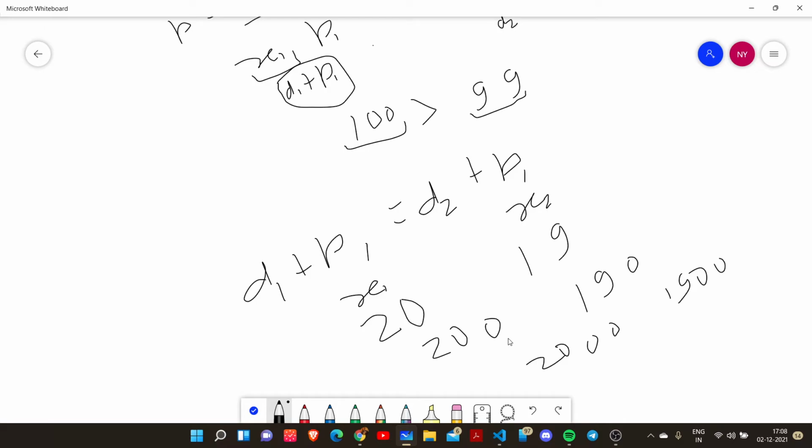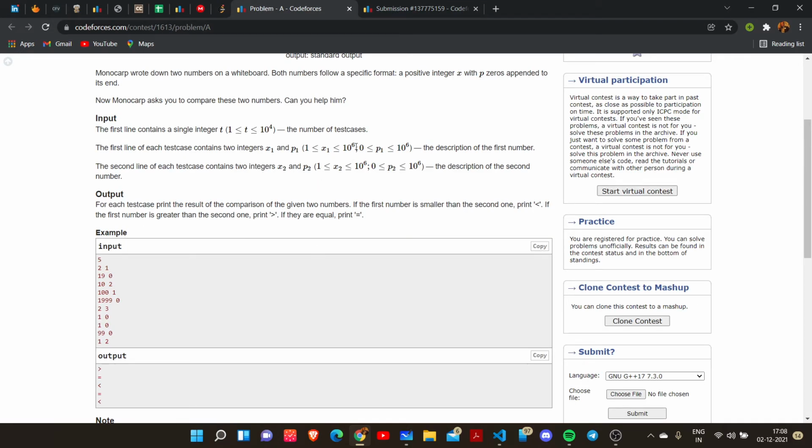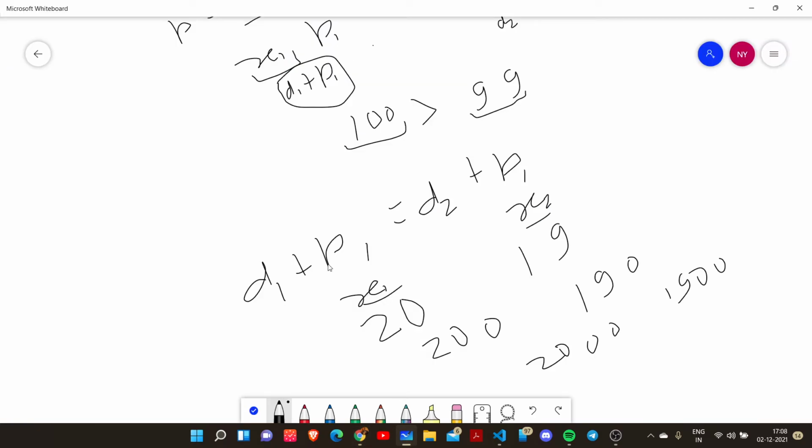So the maximum number of digits, before adding zeros, that is possible in x1 and x2 is 6, because of the constraint given on x1 and x2. Both can be at most 10 to the power 6. So the maximum digits in each before adding zeros can be 6.